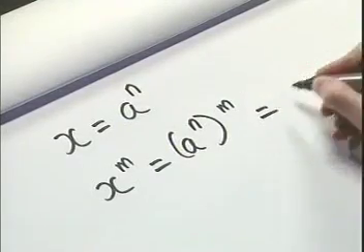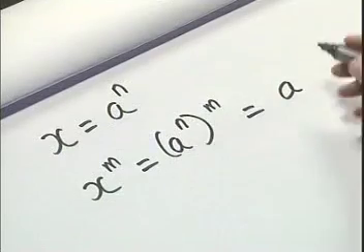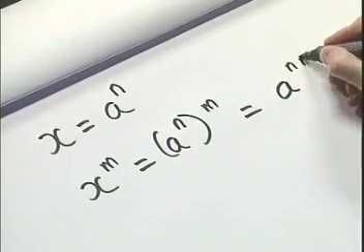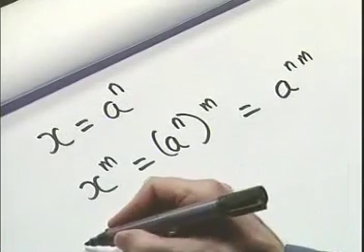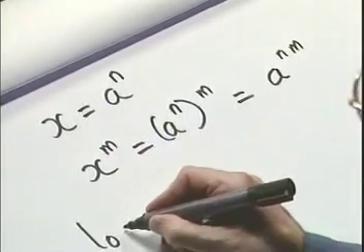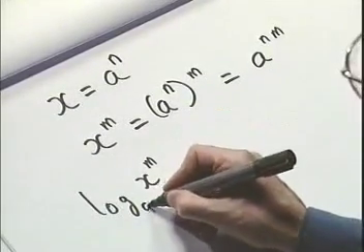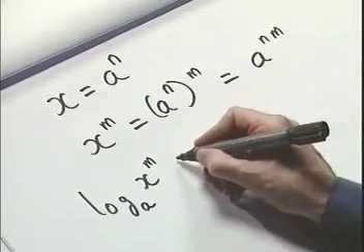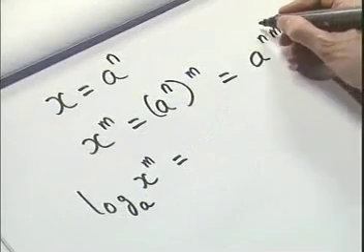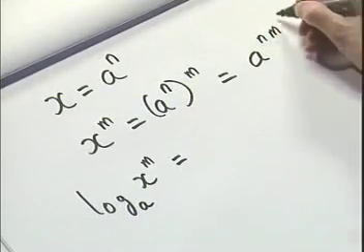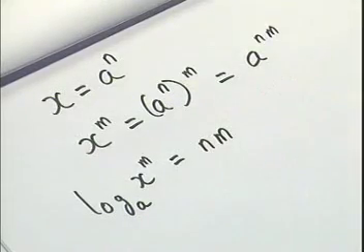And by our laws of indices, we know that in order to do that, we multiply the n and the m together, giving us nm as the power of a. So what's the logarithm here? The log of x to the power m to the base a equals, well, by definition, that must be this number here, n times m,